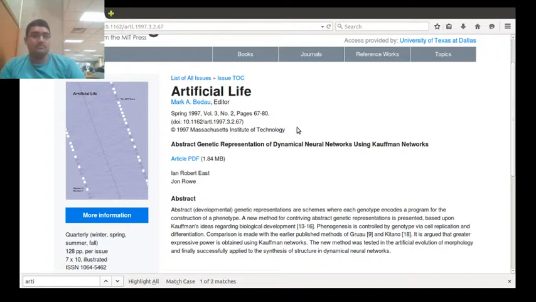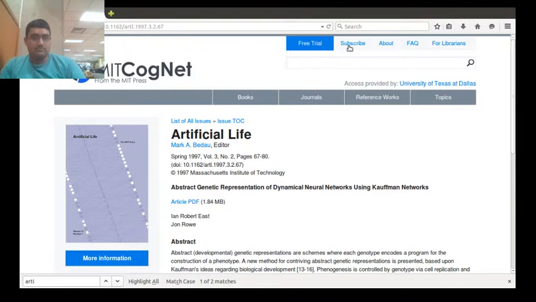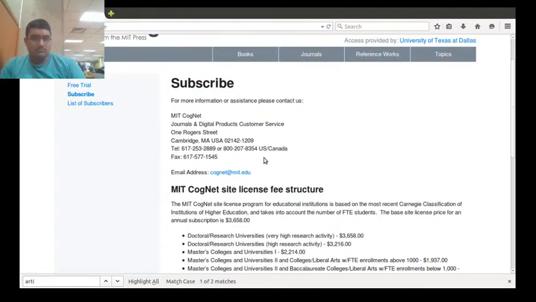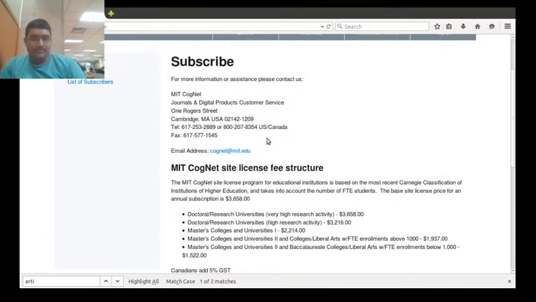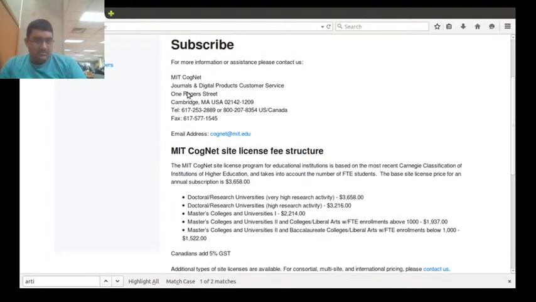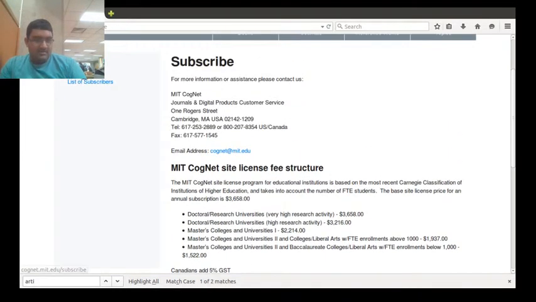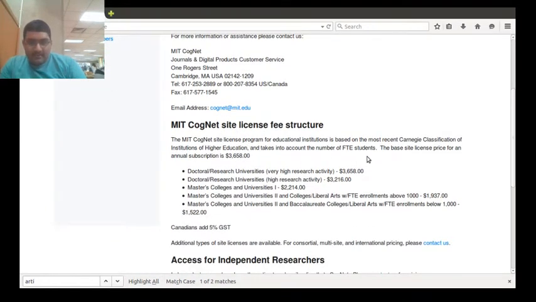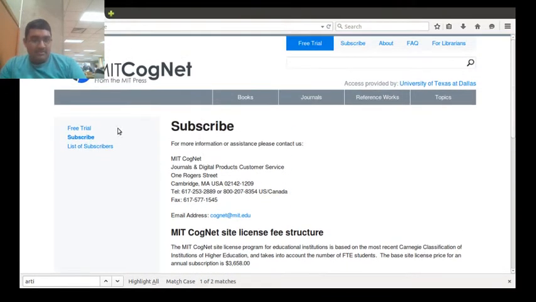Now see if you can subscribe to the service. Yeah, you can subscribe to the service. You have to just contact them through email. Okay, but do you see any button that actually takes you to subscribing? It just gives a subscribe button. And this is the page you go to. Obviously to subscribe you have to pay a price, and you have to have a license to subscribe, but you can also do a free trial, but obviously that'll expire after a month. Okay.